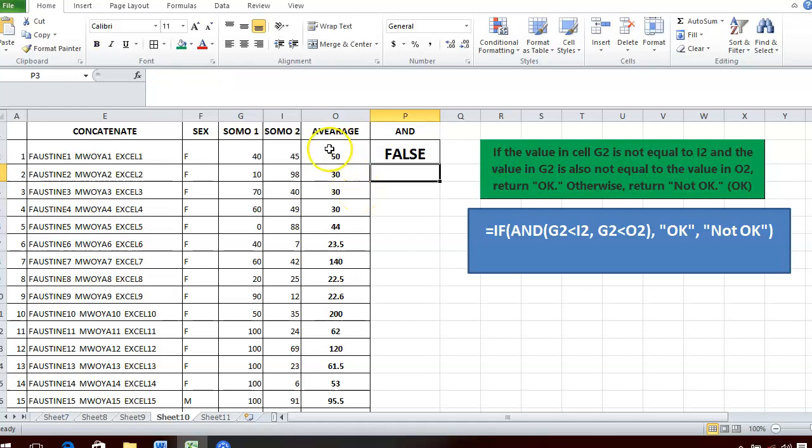But when I change this one, let's say that one criteria has met the condition. This one, 40 is greater than 30, but 40 is less than 50. So this one does not meet the condition. But when I change this one, let's say 25, now the answer is true,